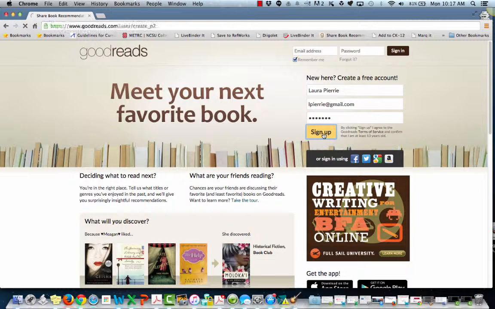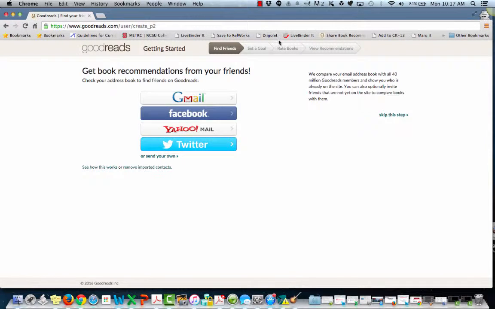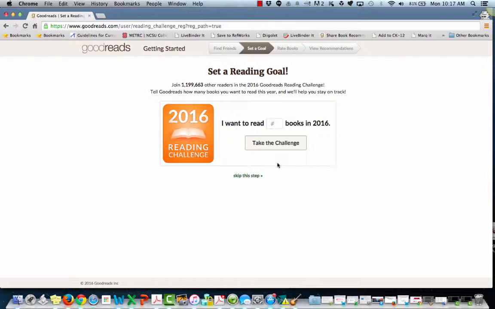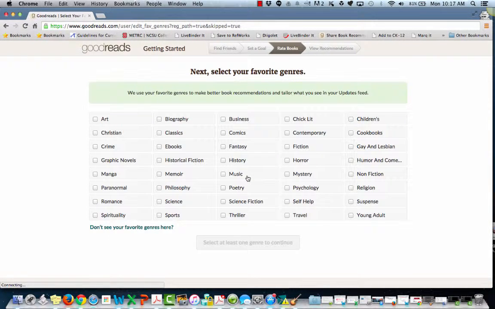After you click on sign up, there will be a few different options. For the first one about getting recommendations from social networks, go to skip this step. After you skip that step, you can set a reading challenge if you want, or you can skip that step. Here on favorite genres, because this is a children's lit project, select children's and young adult in order to help